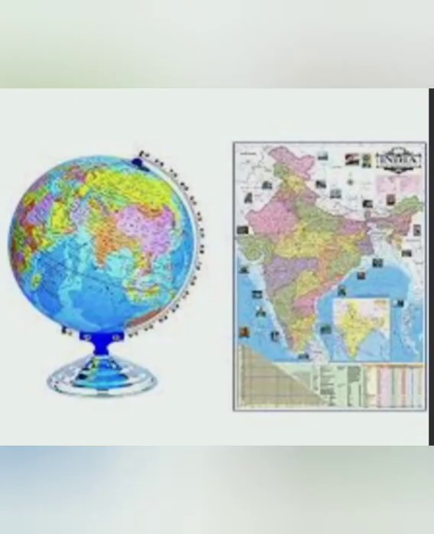Children, please try to solve your worksheet on your own. In case of any difficulty, we can discuss it during our online sessions. I hope all the points are clear: the advantages and disadvantages of globe and map, the differences between globe and map, also when and where, how we need to use globe and map. So children, now let's focus on elements of a map.